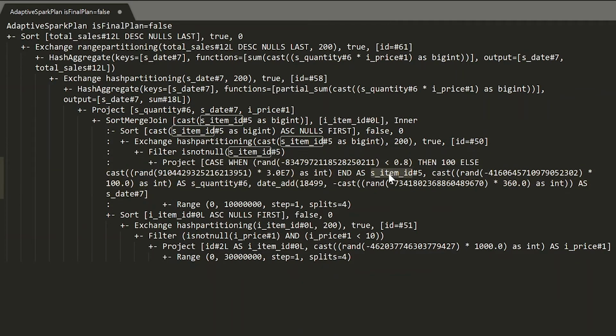One column is S item ID, the second column is sales quantity, and the third column is sales date. This is the second data frame which I showed, and for the second table's ID column as well, there is a sort happening here, right? It means in both key columns which I'm using for joining, there is a sort happening.